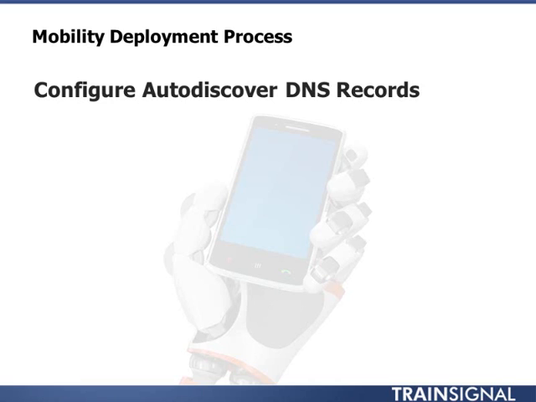For clients inside of the organization, they're going to look for an internal record called linkdiscoverinternal.carverockfitness.com. And on the external DNS server, we have to provide a host record that resolves linkdiscover.carverockfitness.com. The internal resolution gets us right over to our front-end pool, but the external resolution brings us in through